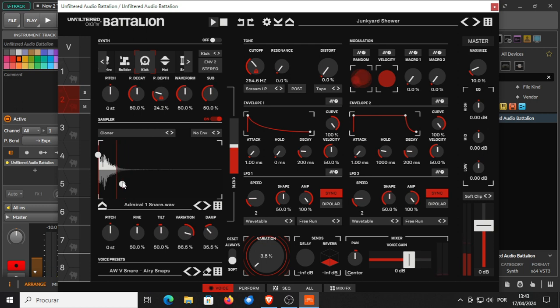in Reactor and in Contact. I don't like running Contact within my DAW. I just want a separate plugin. That's what I don't like about so many Native Instruments plugins. They're always running in the Contact player. It leaves a little bit to be desired. You cannot integrate it in your workflow in your DAW, but